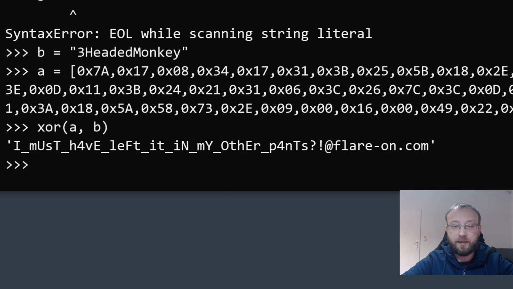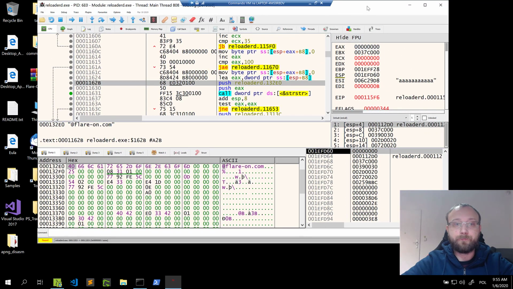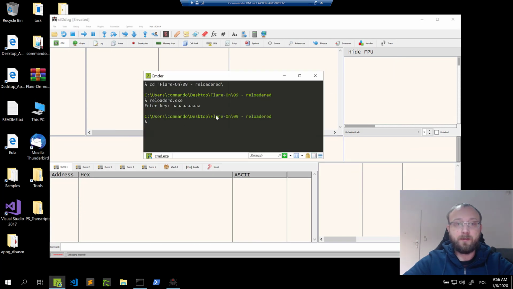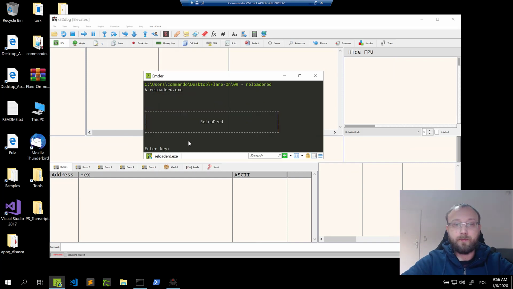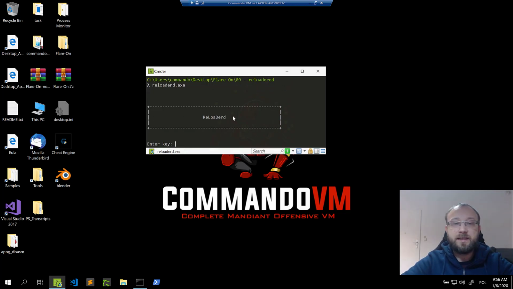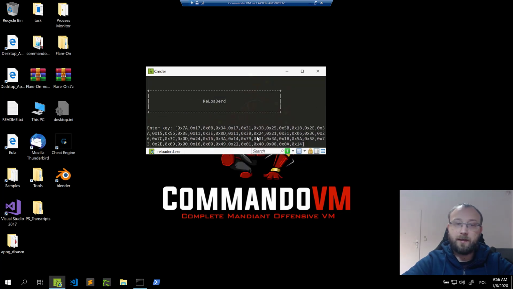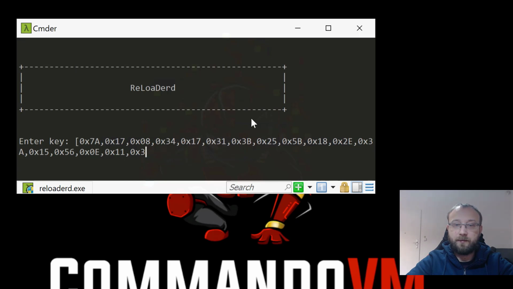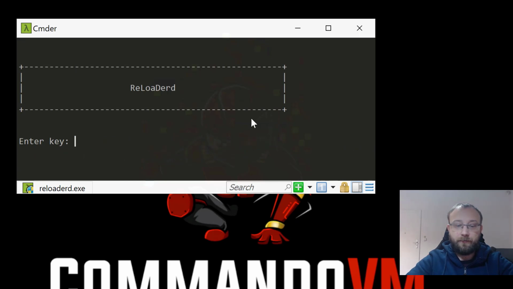And if we use this three-headed monkey on the binary, but run it without the debugger, oh, now it's actually printed the header. So maybe it just detects that the debugger is being run. So let's run again. I would like to get it without the header. Oh, actually I get the header again, but this is not what I wanted to copy. Okay, maybe it would be easier if I just typed it. So let's try three-headed